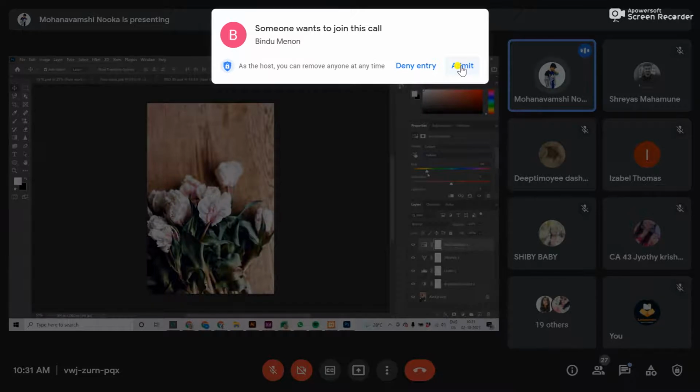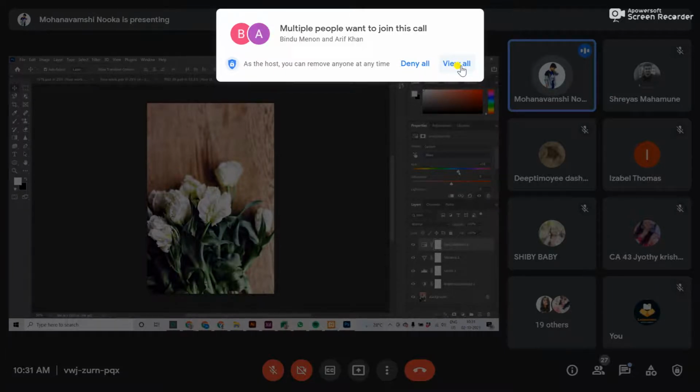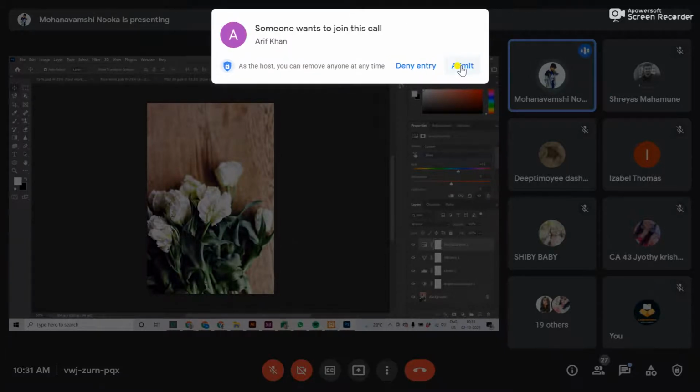This is how I can change the color of those white flowers. Select the master tool and you can change the color of that particular object only. Now it is done for a particular thing that we can use in social media.